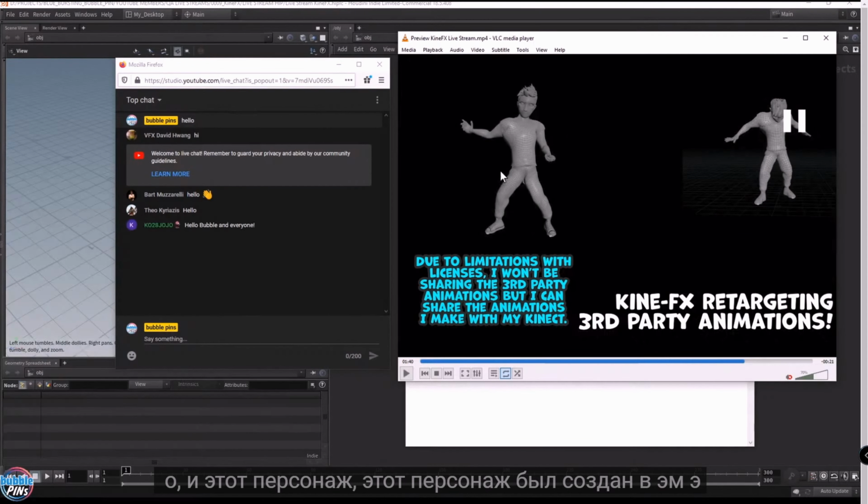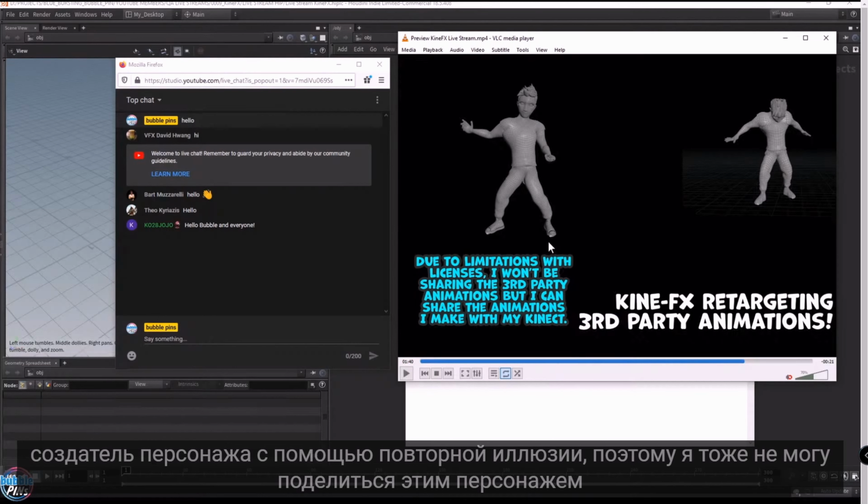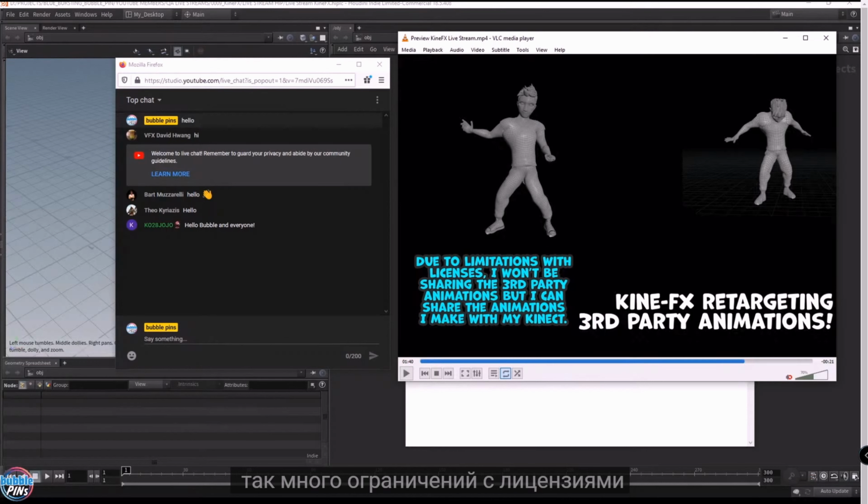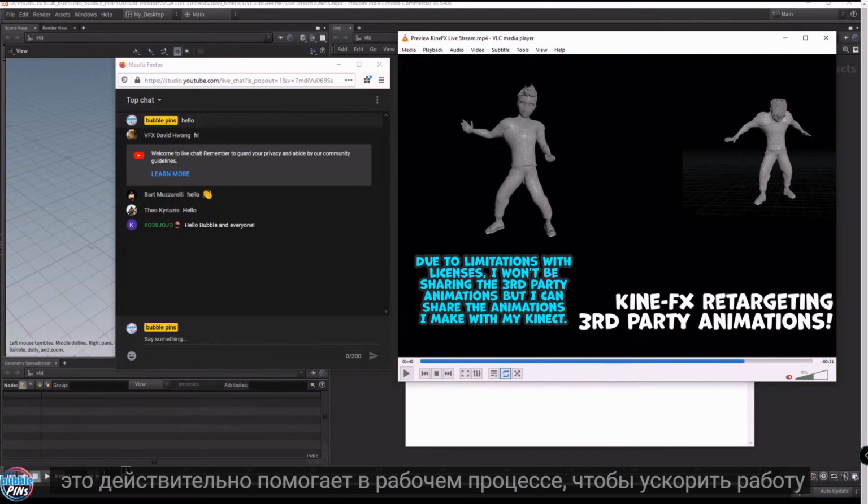Oh, and this character was made in Character Creator by Reallusion. So I can't share this character either. There are so many limitations with the licenses. It does help with the workflow to speed things up